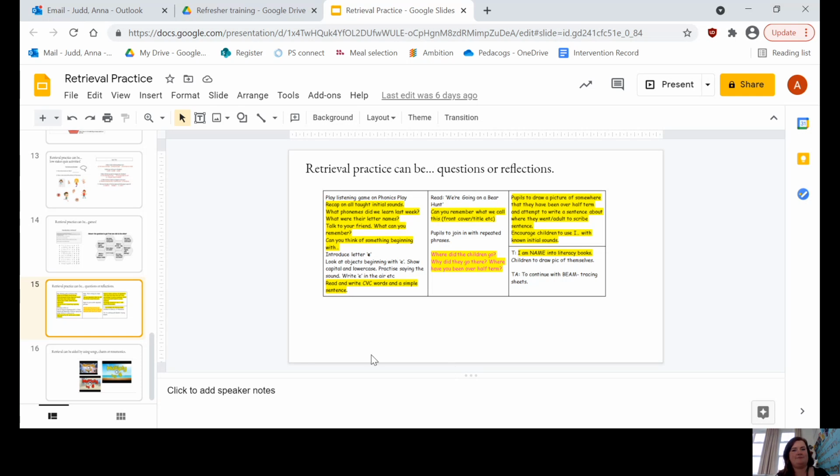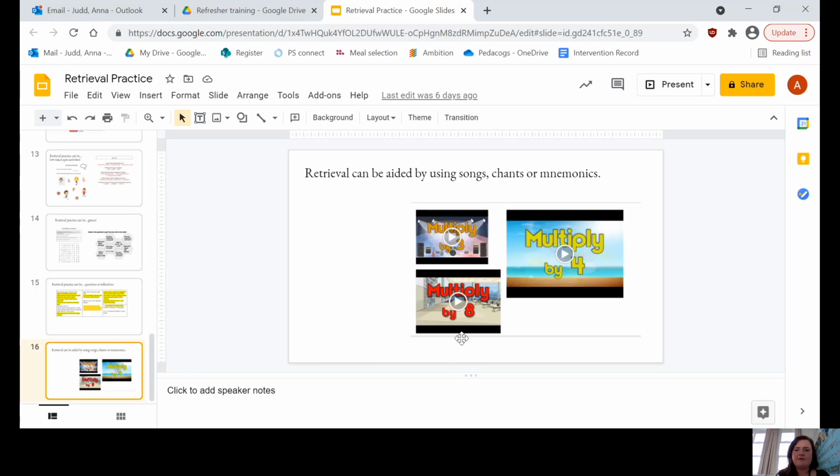And one final thing is, although it's not actually retrieval, I've done a lot of reading around it lately, and children learn so well from using songs or chants or mnemonics, and I thought this was a really nice place to put a little bit of information in about using songs and things. I have found that on YouTube there is a song for almost everything, and as the languages coordinator, there is a